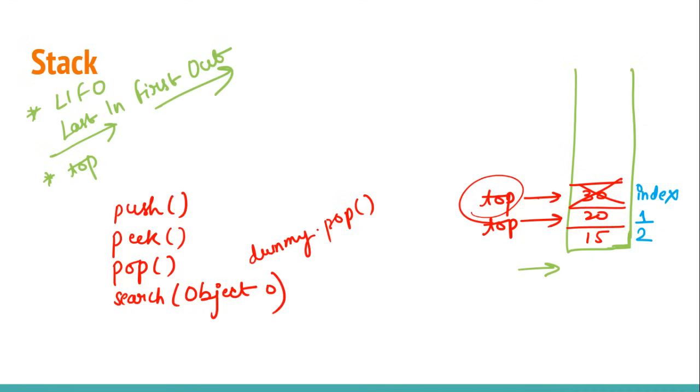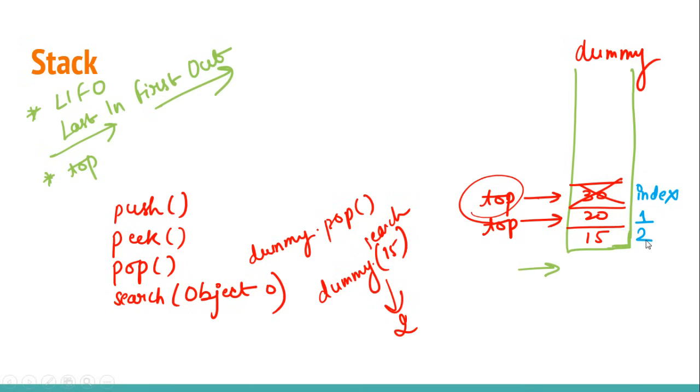Okay, and this will give you the value, the index where your element is found. So let's say this is our dummy stack, and you want to find if dummy has the element 15 or not. If you call dummy.search(15), it will give us output 2 as it is found at index 2. All right, so these are the simple functions: push, peek, pop, search, and one more that we have is